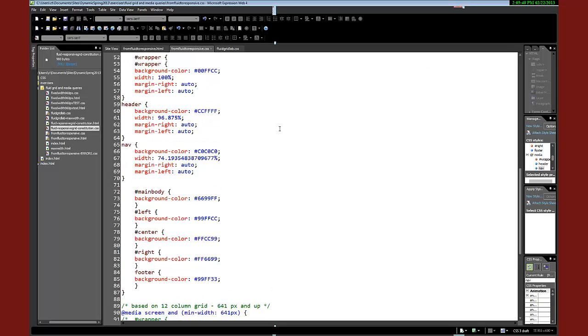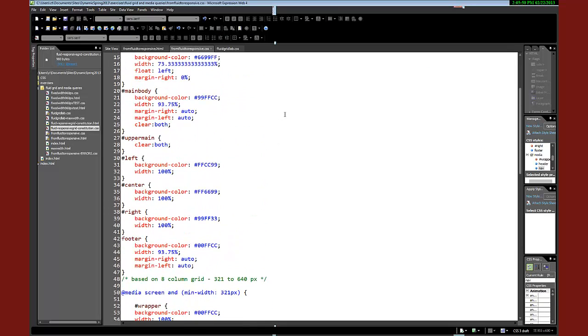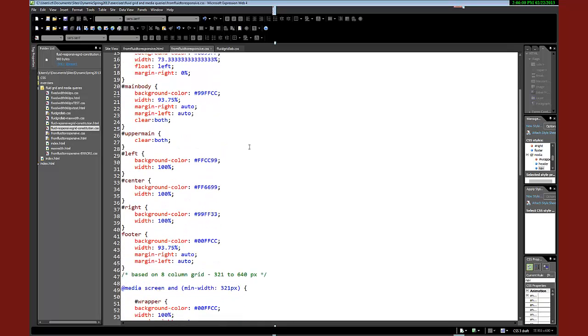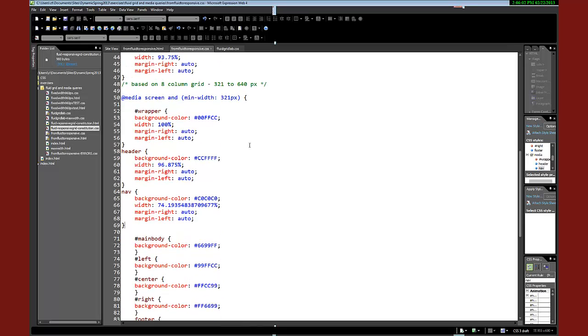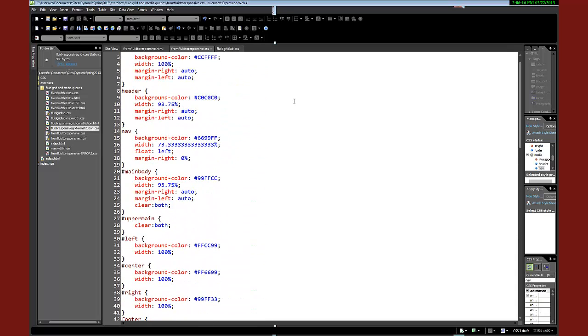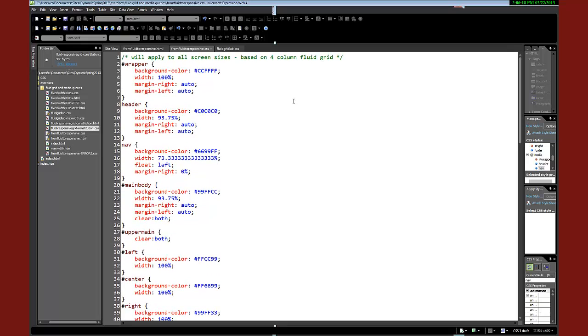Okay, and this is a good place to look at what we've done, because it's grabbing this from up here. We've got margin right set to 0% up here. We've got it floating left. So the nav down below should be set to auto. It's still floating to the left. So what it's doing is it's grabbing that rule from up above. So maybe a better way